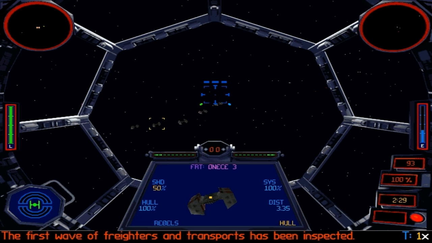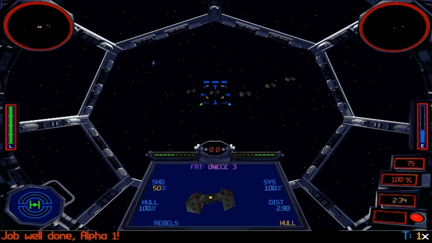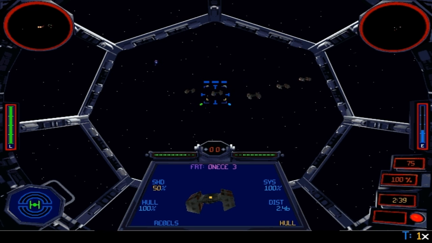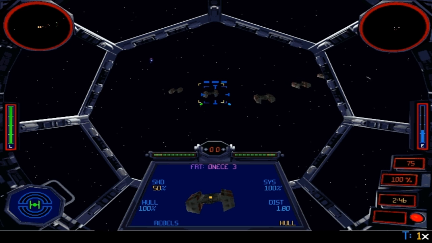The first wave of freighters and transports has been inspected. Good work. Help with the capture operation or return to base. Job well done, Alpha 1. This is actually, the primary mission is already complete. If I just head back home, I'm done. But I'm going to try and show off. I want to get noticed and make a career. So